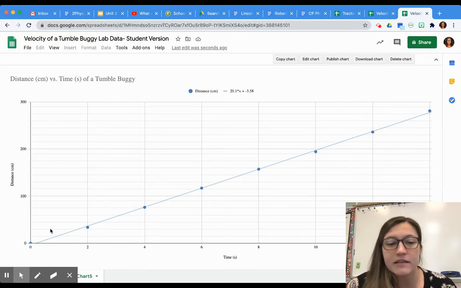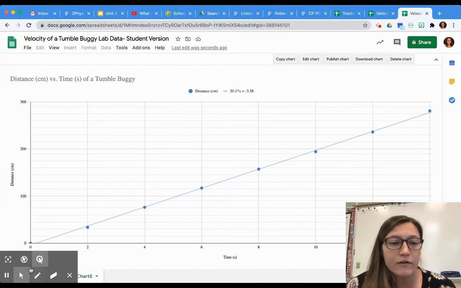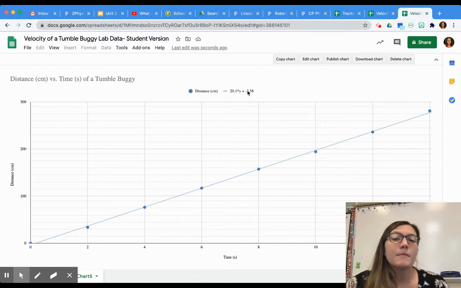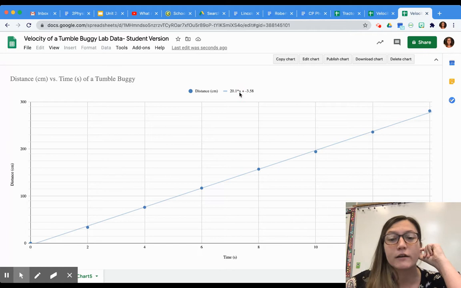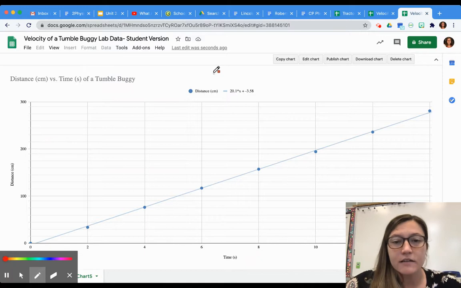Okay, so we can see here our trend line with our data points. We have our grid lines, x-axis labels, title. Up on top of the page, we see the equation of the line, 20.1x minus 3.58. So what that tells us,